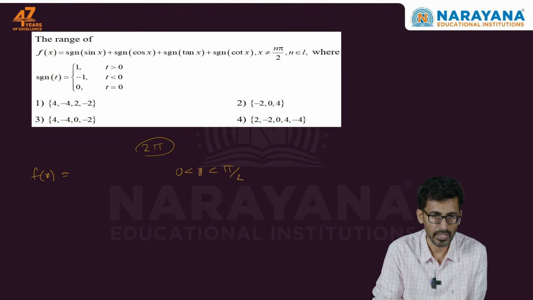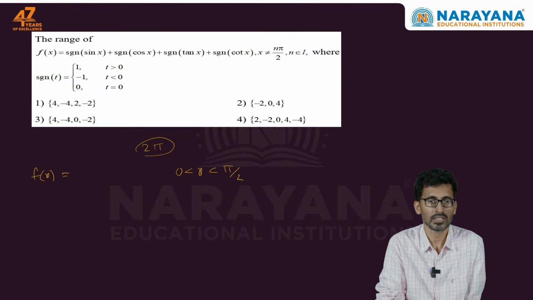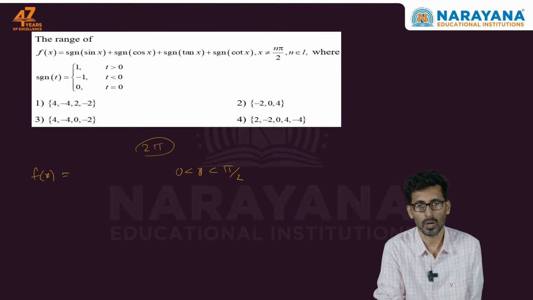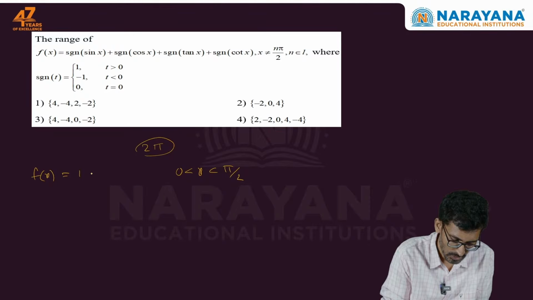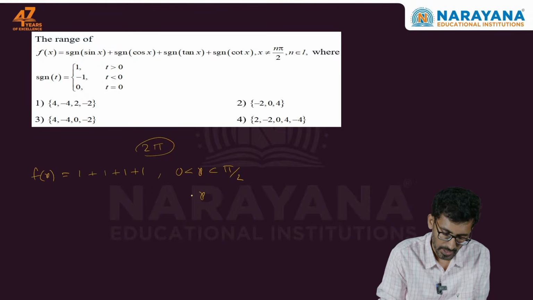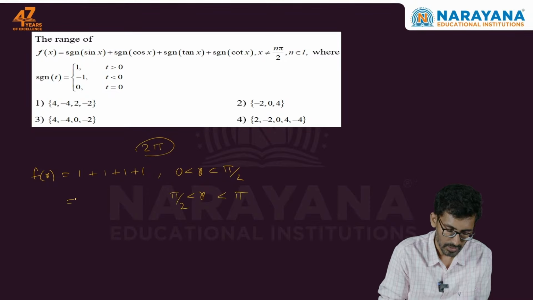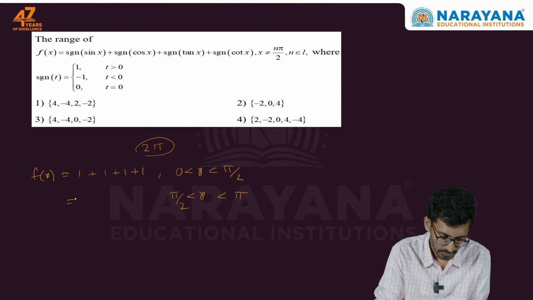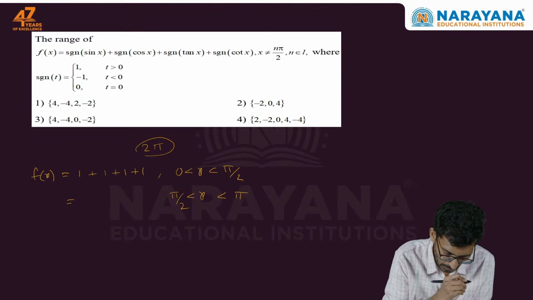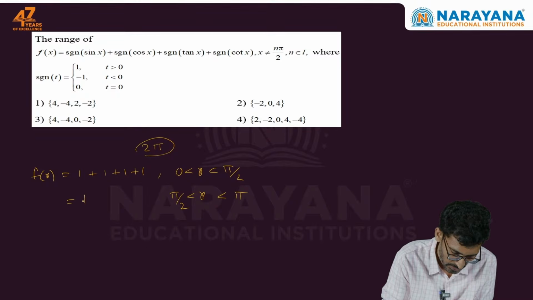Sin x will be sin x, all trigonometric ratios. Sin x, cos x, tan x, cot x, all are greater than 0. So you'll get 1 plus 1 plus 1 plus 1. Next one, x lies between pi by 2 to pi. So here sin x is positive and the remaining terms are negative. So what we are getting, signum of sin x is equal to 1, signum of cos x minus 1,